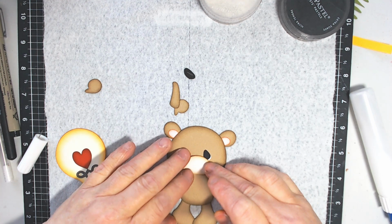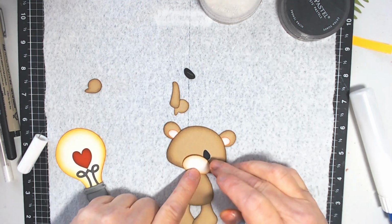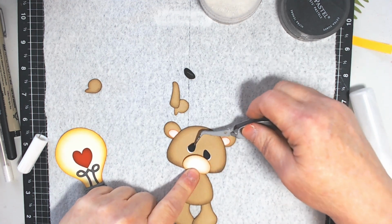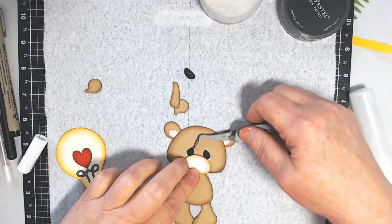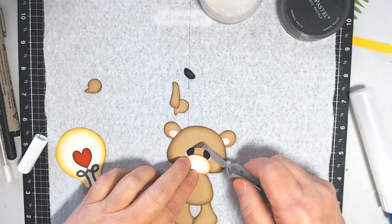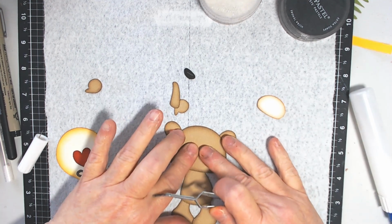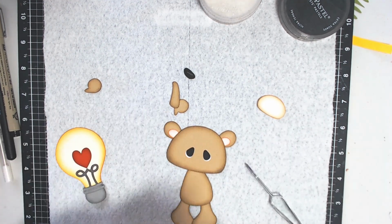It's what you prefer. And I'm putting his muzzle down just a little bit, so I'm trying to get these somewhat straight across, this way. Sometimes that's a challenge for me. Okay, put the lid on my glue, and I'll get started on the eyes, maybe. Okay, so